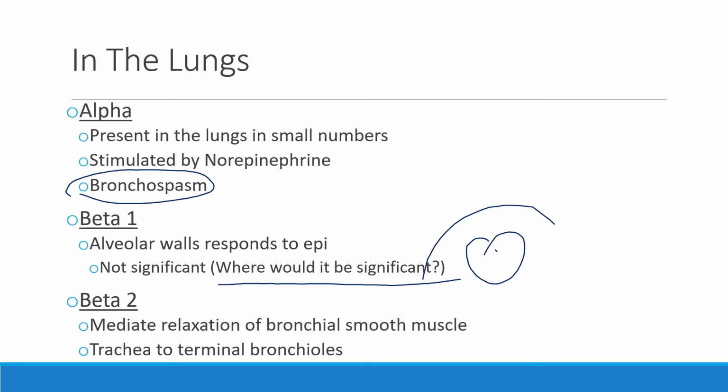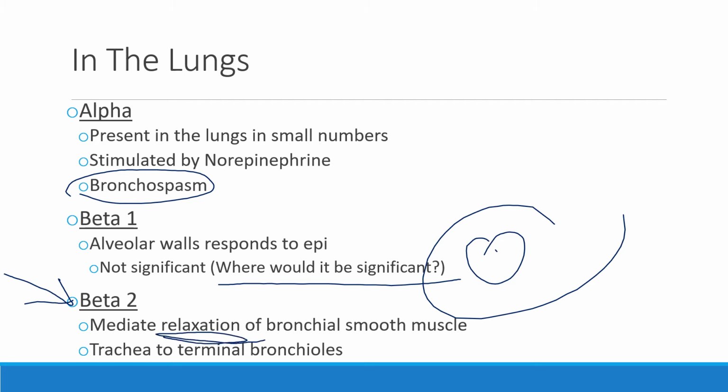There we go. We're looking at the heart, right? So it's going to be more specific on cardiac performance, cardiovascular performance. That's why we're not really beta 1 fans for nebulization as well. But when we get to beta 2, we're going to mediate relaxation of bronchial smooth muscle. And that's the primary effect that we're going for with beta 2, is that relaxation or dilation, if you will,